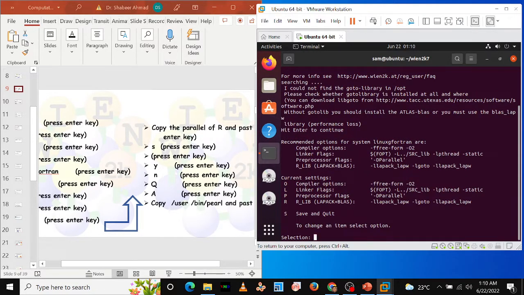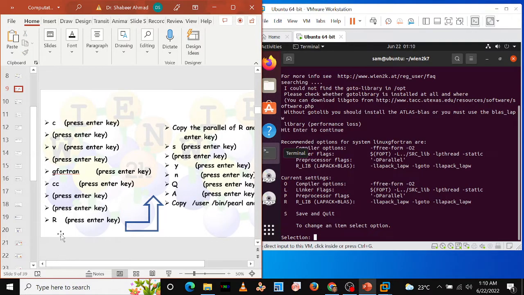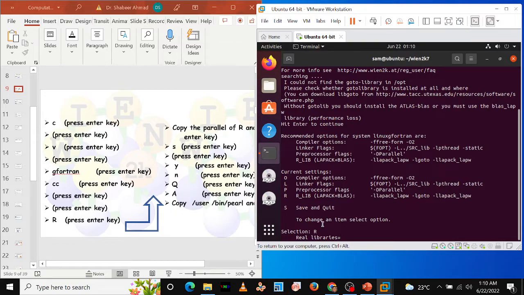And in the selection, here we will select R. Here you can see this R command, so we will type R. For the library, you can see in front of R, this is the library. Okay,